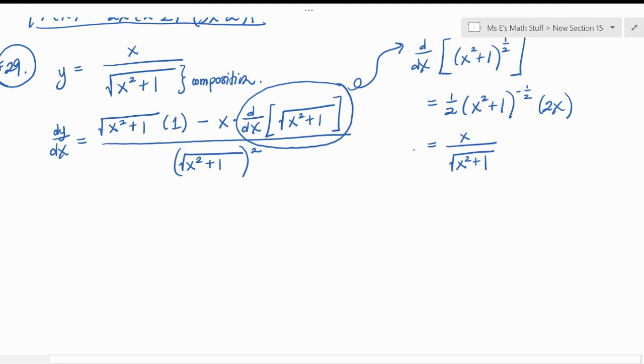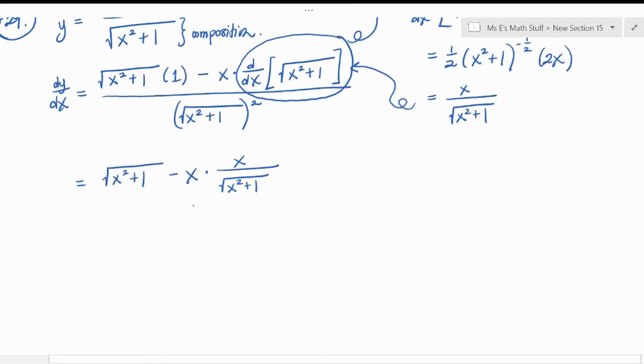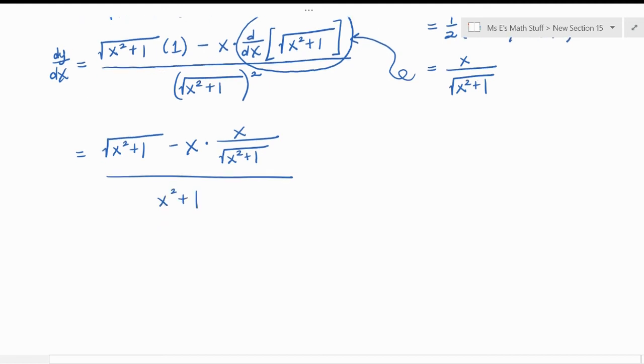So taking this and putting it back in, we would have square root of x squared plus 1 minus x times x over the square root of x squared plus 1. And then all over, and then let's go ahead and square that bottom out. You just get rid of the square root, like so. Pretty messy still, so let's clean it up. So starting with this piece right here,